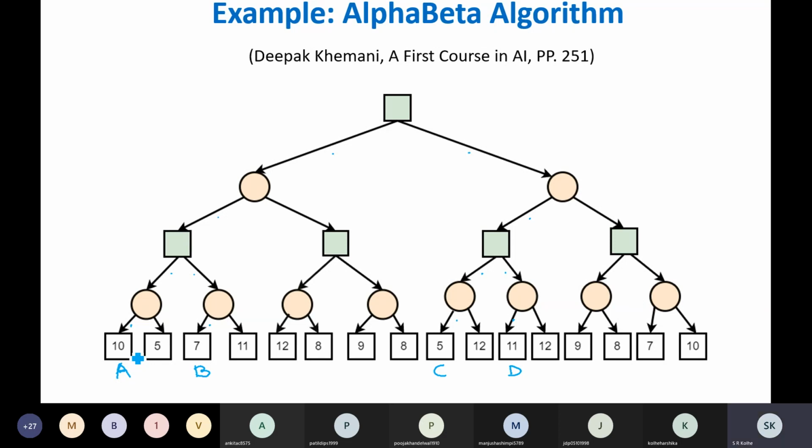Value of a leaf node defines an upper bound. Let us recall that relation. Value of a leaf node defines an upper bound on the strategy to which it belongs. A belongs to two strategies. Value of node A is 10. So this 10 is the upper bound on the strategies to which A belongs. Am I right? Yes, sir. Better value will be less than this 10, right?